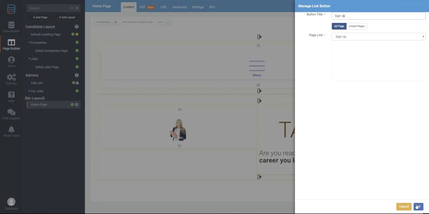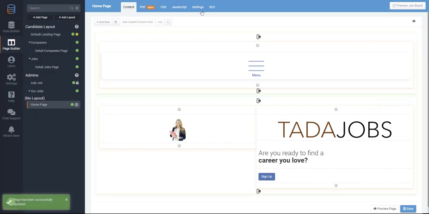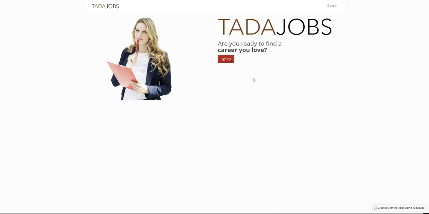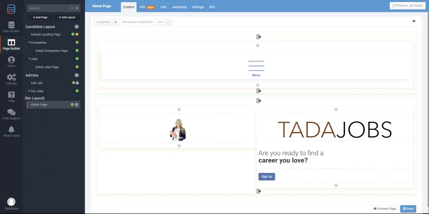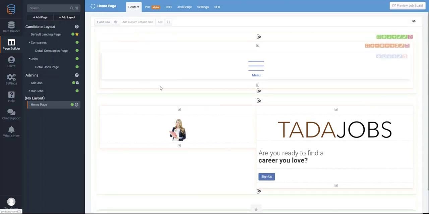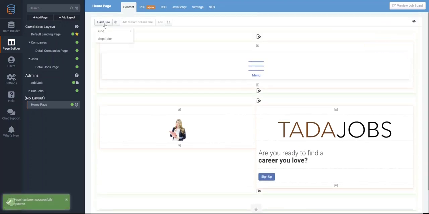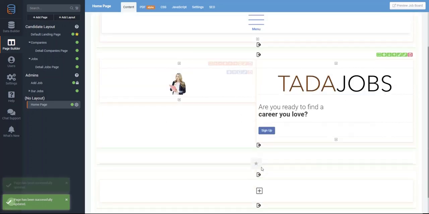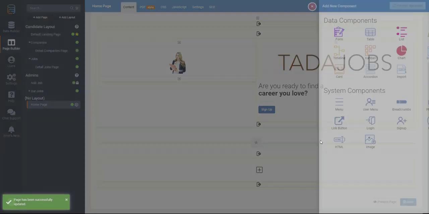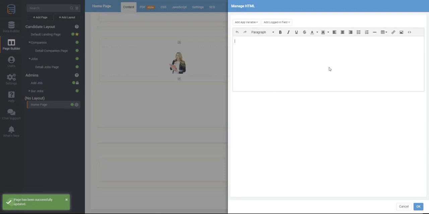Make it 2 words. Now if we preview this page again, refresh this page, we have a little bit of a more aesthetically pleasing page. Let's add a few more things on the bottom of this page just to fill it up a little bit. We'll add a separator on the bottom, and then below that we'll add another grid with 1 column, and inside that column we'll add just something basic to say something along the lines of